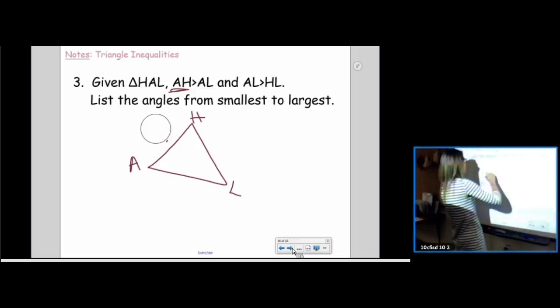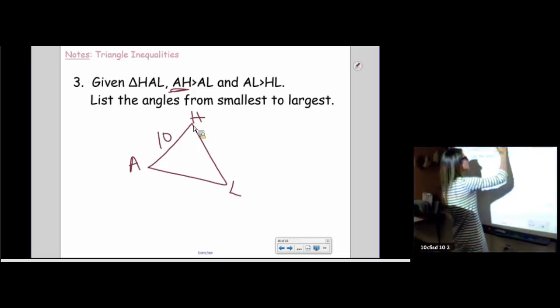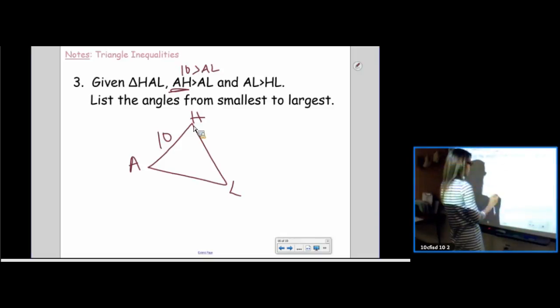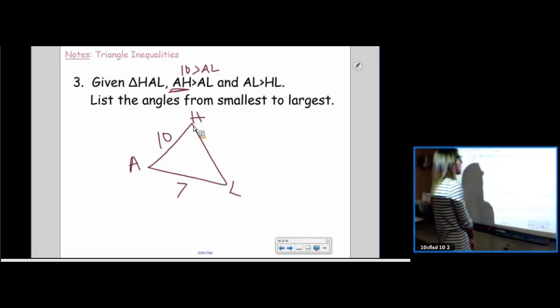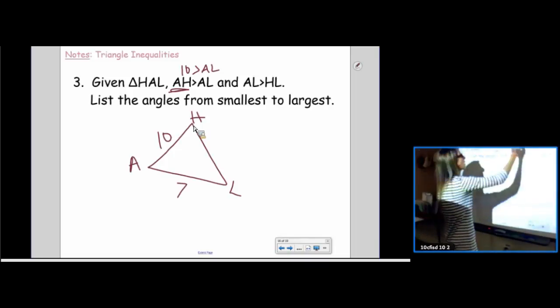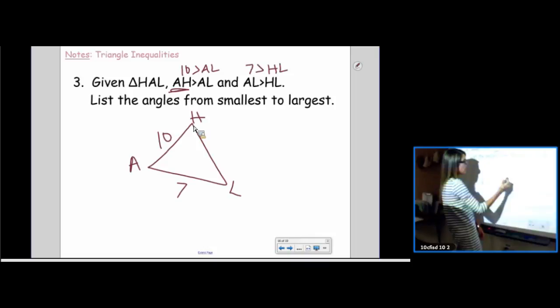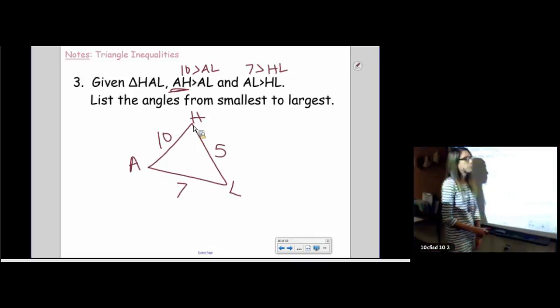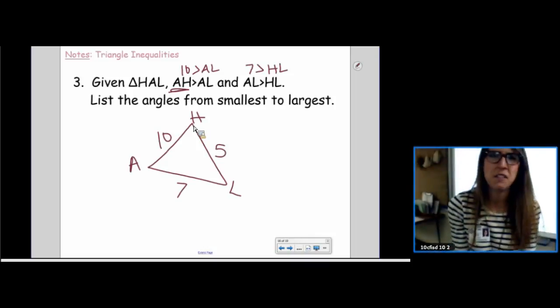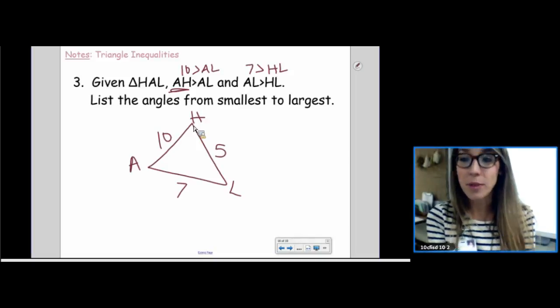Let's do 10. So 10 is greater than AL. AL is less than 10. So maybe we'll make that one 7. And then AL is greater than, 7 is greater than HL. So we need to go smaller than 7. Let's go 5. There we go. So those are not the side lengths of the triangle, but those are made up ones to represent the side